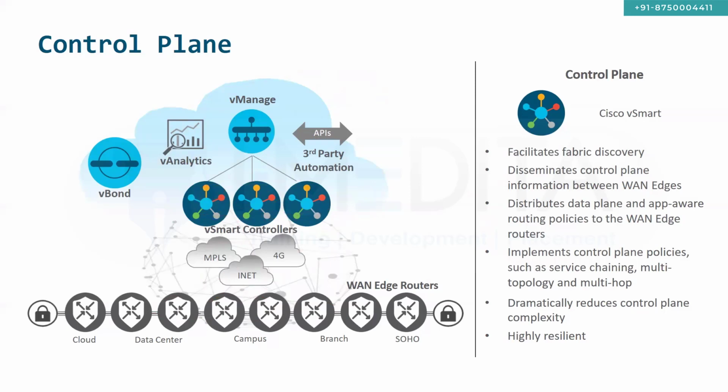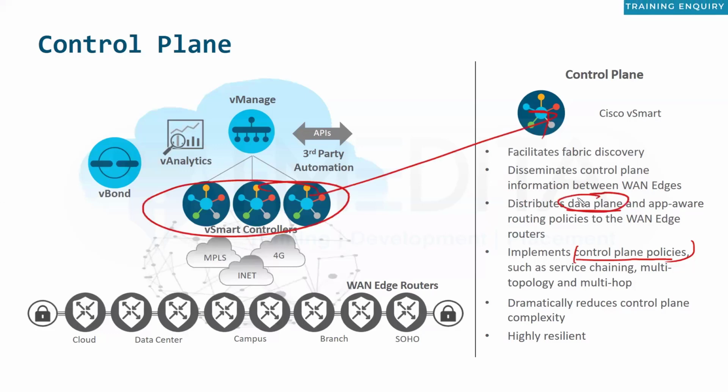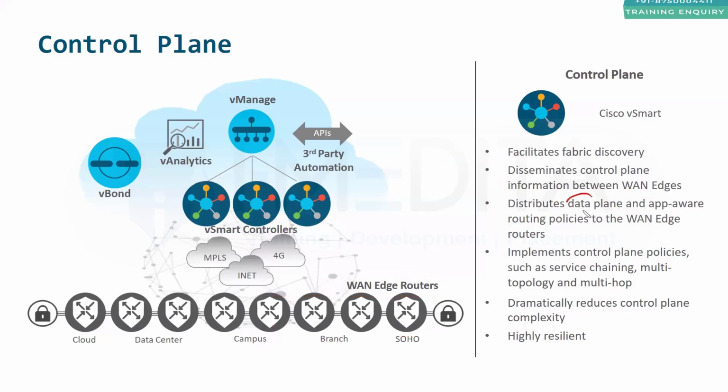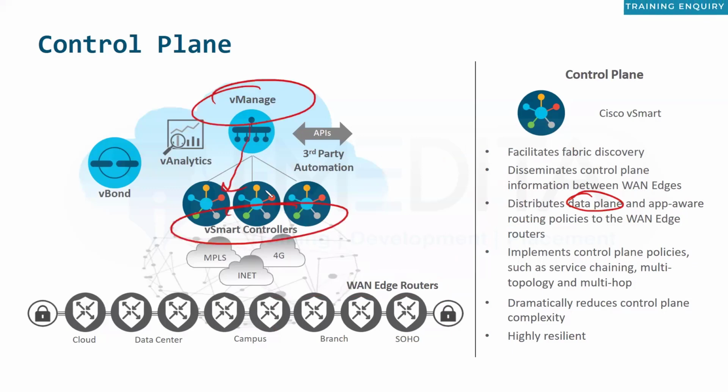Remember, there will always be two different types of policies: the data plane policies and control plane policies. The control plane policies will always be implemented by the control plane, which is your vSmart. The data plane policies will always be implemented by data plane devices, which are your WAN edge routers. But who is giving the data plane policy to the WAN edge router? It's vSmart. You will be creating them on vManage. vManage will give it to vSmart. vSmart is smart enough to understand that this is a data plane policy and that it should be distributed to the WAN edge routers. So that's what vSmart will be doing,